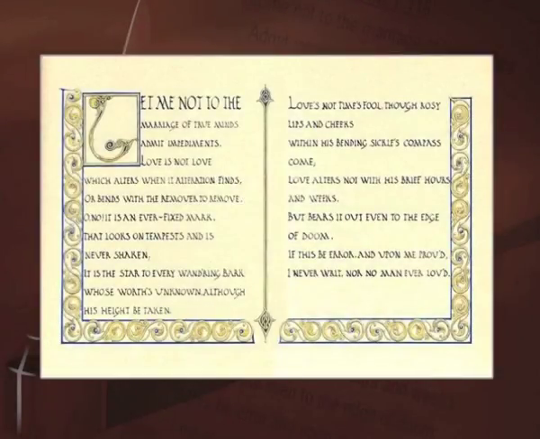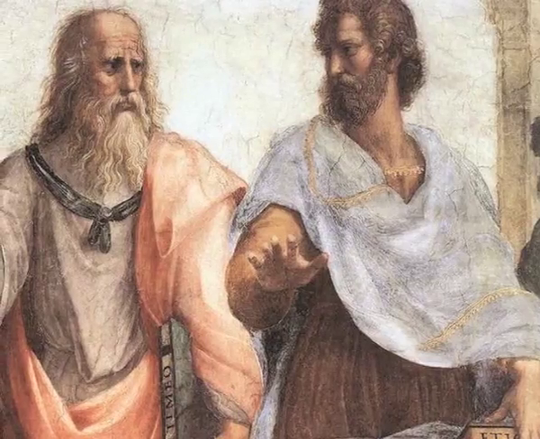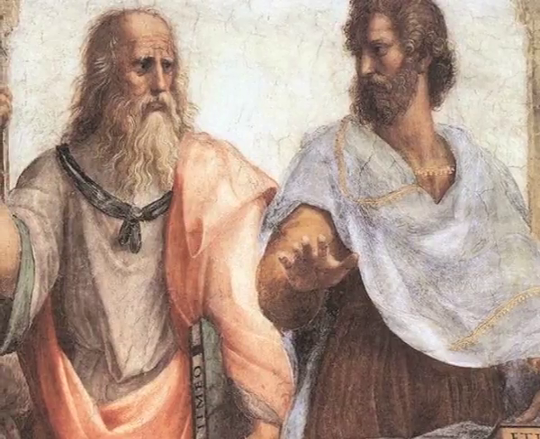Shakespeare begins the sonnet with, "Let me not to the marriage of true minds admit impediment." When he starts with this one line, he is actually speaking to somebody. So he's giving us a situation in which there is a speaker and there is an audience for that speaker. We have to, of course, assume who this narrator is speaking to. What we can understand from the position of the sonnet as the 116th sonnet in the sequence is that most likely it is an older man who is speaking to a younger man.